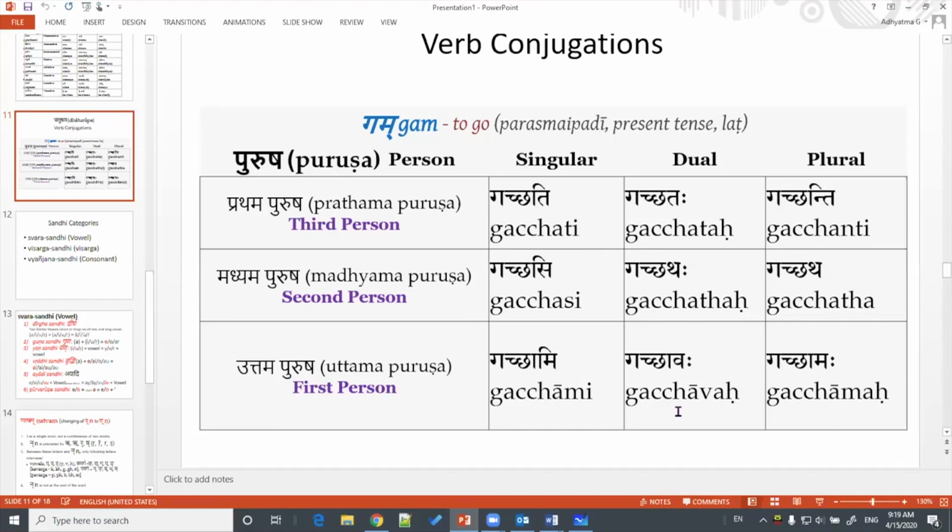When we just have a verb, that alone is considered a complete sentence, and any sentence would have a verb form and only one verb form. So this is another thing: you will not have 2 verb forms. They will actually become 2 sentences. So in Sanskrit, 1 sentence, 1 verb form.